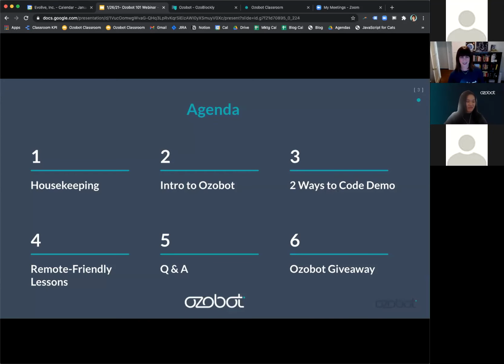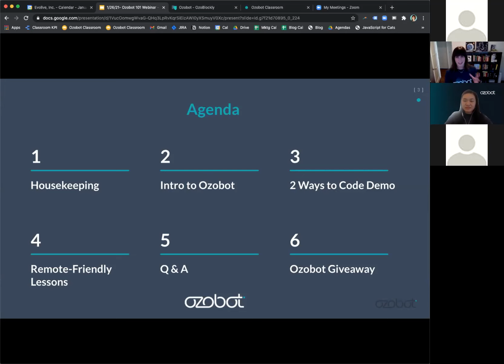So with that, we'll go ahead and start getting into what we're covering today. So this is our agenda. Again, this is designed for educators who are looking to learn more about Ozobot. So if you've already got bots and you want to understand how to use them, this is a great place for you. Also, if you're still looking for ed tech tools or any kind of tool really to engage your students, both during this really challenging time in the ongoing effects of COVID-19 or well into the future.